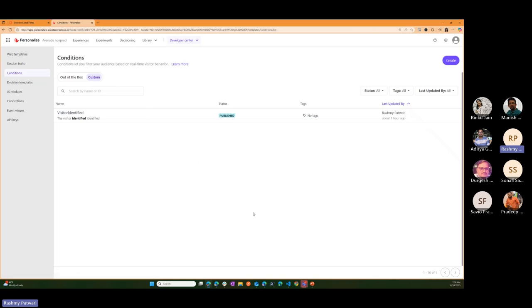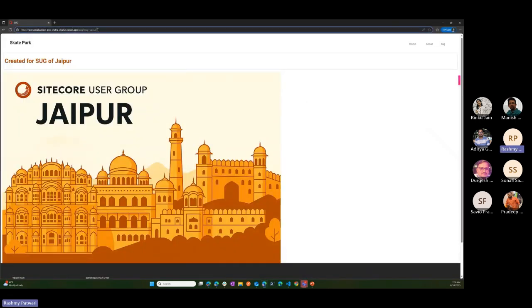The other one I used before, for the query parameter processing, was a different condition, and this also returned true if the query string had a value of Jaipur. Once it evaluated, I have the experience shown.